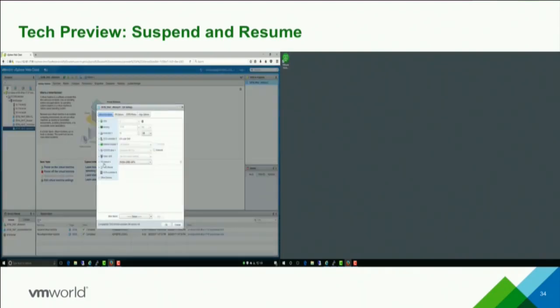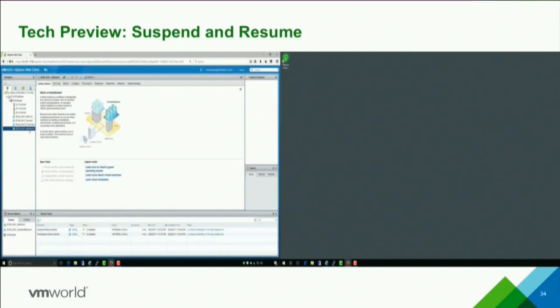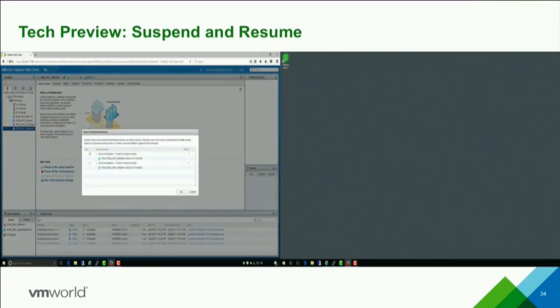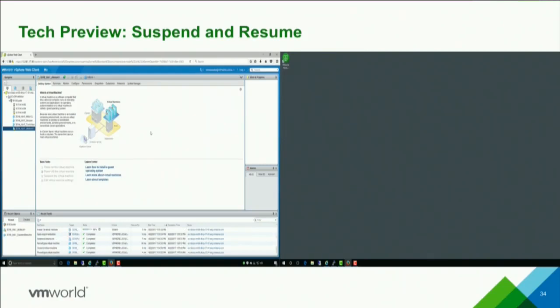Once that's all done and his compute workload is complete, and he knows that the user is going to come back the next day at 8 a.m. and log into his desktop, he wants to make sure that the desktops are ready for the users to come and log in. So he can power on those desktops.